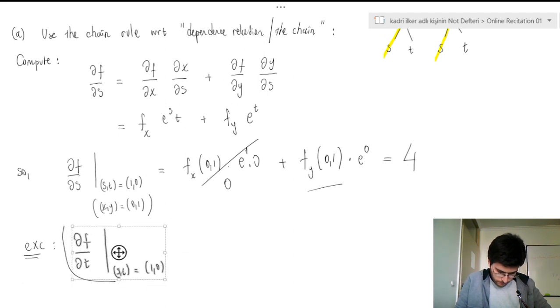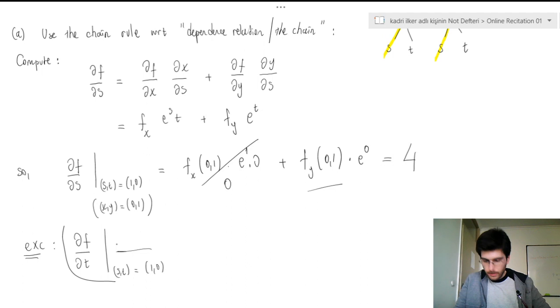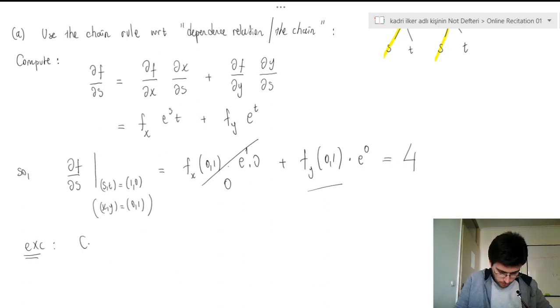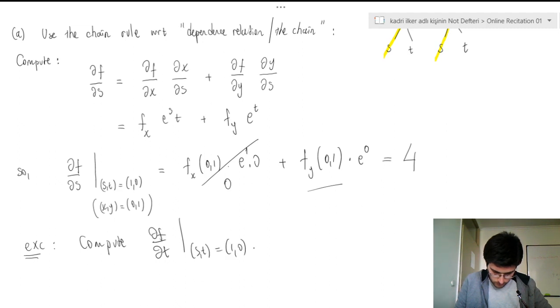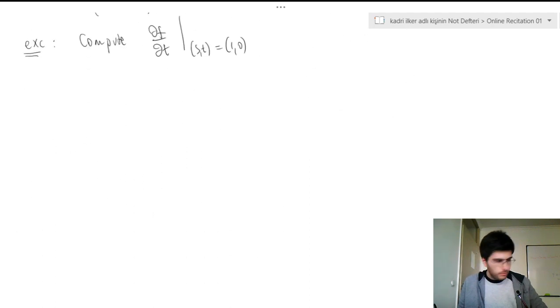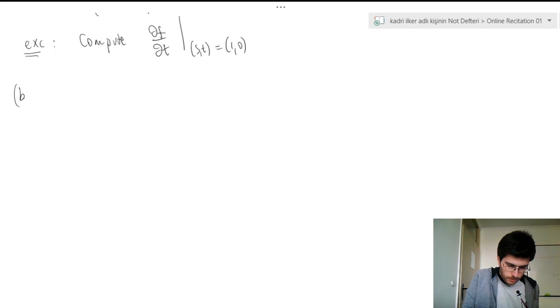Just compute del f del t at (s,t) = (1,0). Okay, this is a good exercise. So let's see. The second one is tricky actually. In part B, what was it? We want to compute